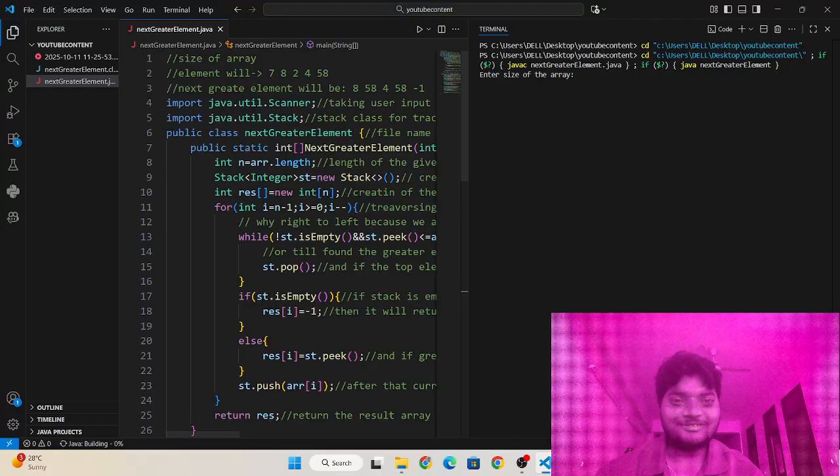sorry guys, it will come. Yeah, I need to enter. Here is the size of the array. I am entering 5. Enter 5 elements for the array. I am entering 7, 8, 25, 6, 42. Okay,